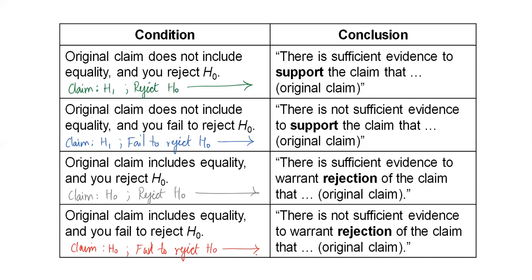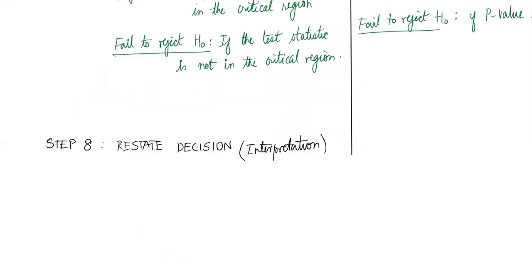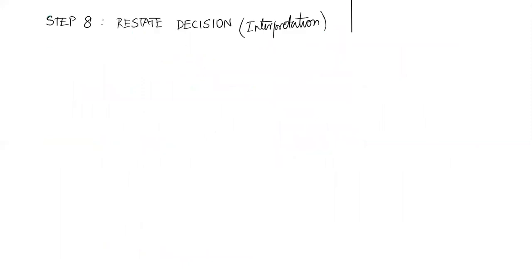Then we have something called type 1 and type 2 errors, or I'll just give you a quick description on that. We're technically done with all the steps of hypothesis testing. I need to just talk about type 1 and type 2 errors because it's really important. Type 1 error, so I'll just put it simply. Type 1 error